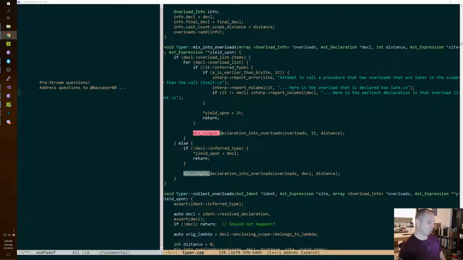And then we have this other issue, which is when you're resolving overloads, we look up all the scopes from where you are to everything you can see in the program.